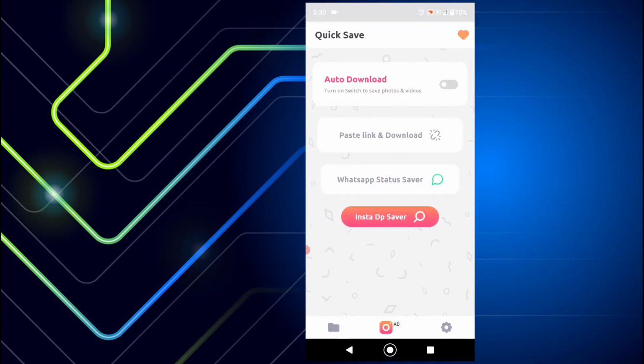When you open that, just click on auto download and click on paste link and download,